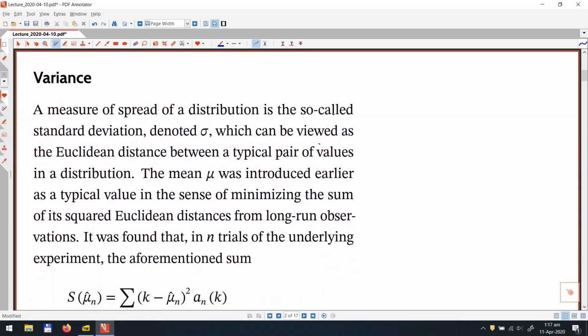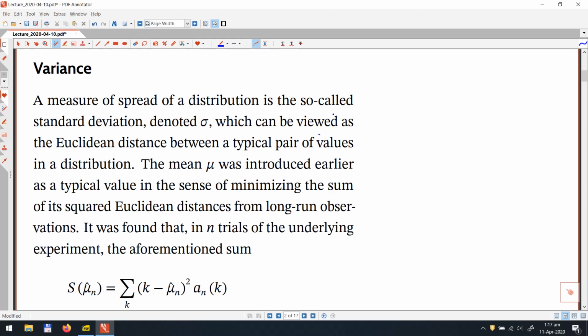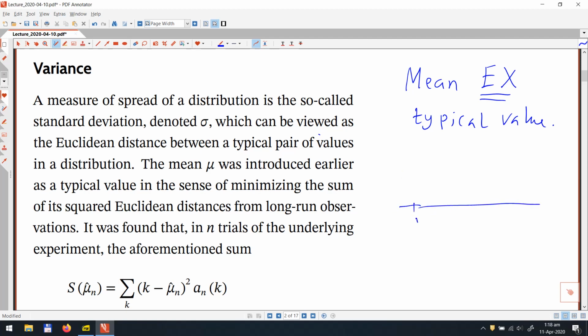So this variance is important because if you remember, we discussed the mean, expected value of a random variable. This was coined as a typical value. So what it meant was that if you have, let's say these are different trials, 1, 2, 3 and so on, the experimental trials, and these are observations, and you get these different observations, and so on. So mean is a single value which can replace all of them, so which is representative of all of them,